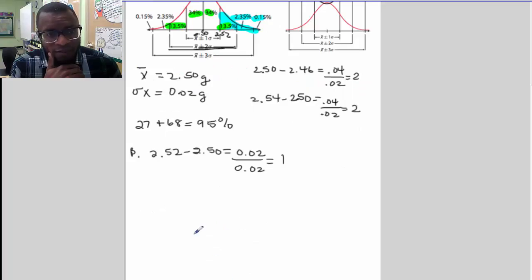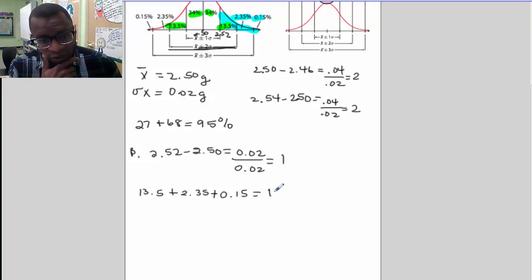If we add those up, we get 13.5% plus 2.35 plus 0.15, a total of 16%. So there's a 16% chance that a chosen penny will have a mass greater than 2.52 grams. Okay,